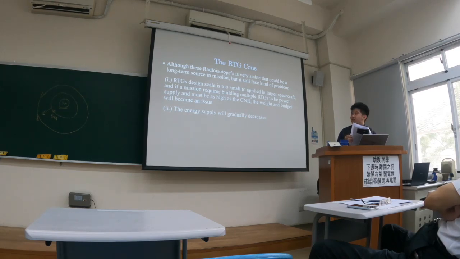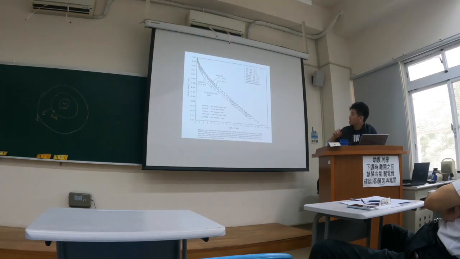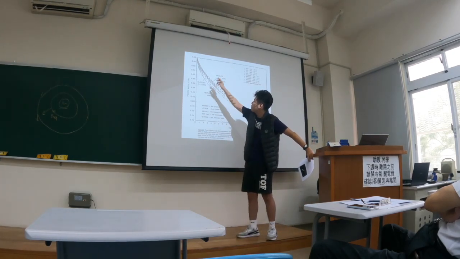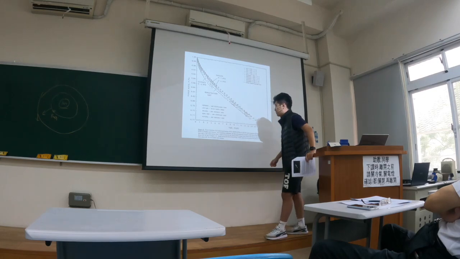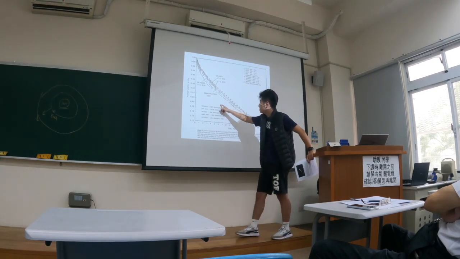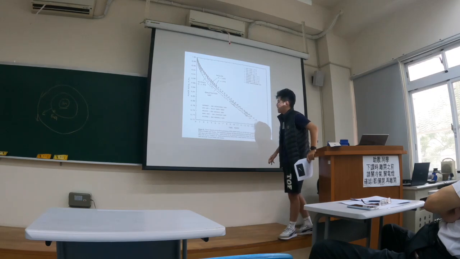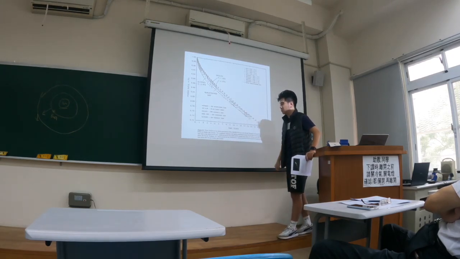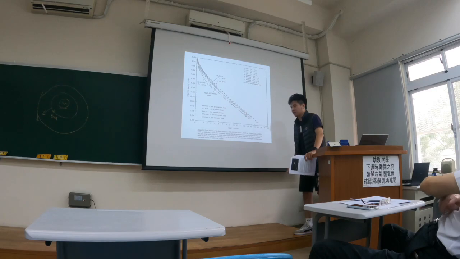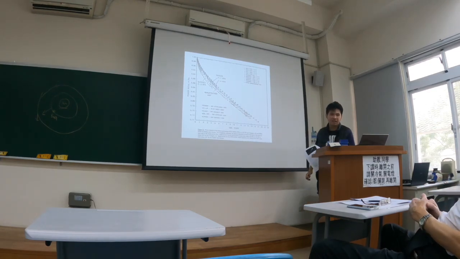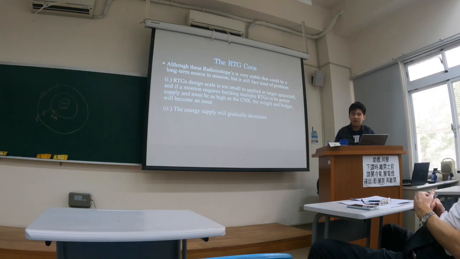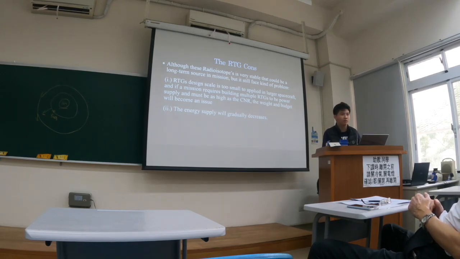90 years, and after 50 years, the power generation will gradually decrease, like in this photo, like this video. You can see in the first year, it's 100% power generation. After 10 years, it's gradually decreased to 80%. And at 30 years, it's almost 70%. It gradually decreased. Then, if you know, Voyager 1 needs to close some experimental components to maintain